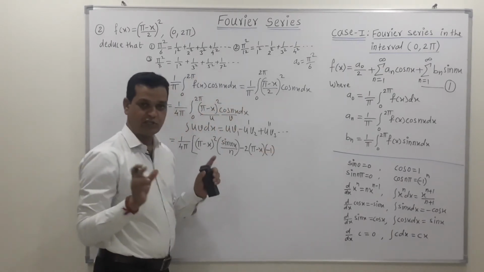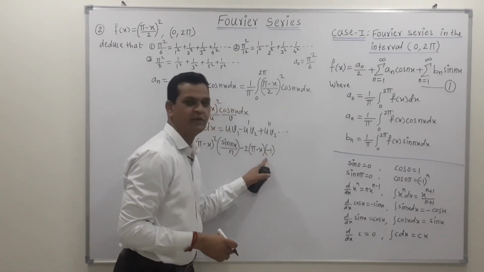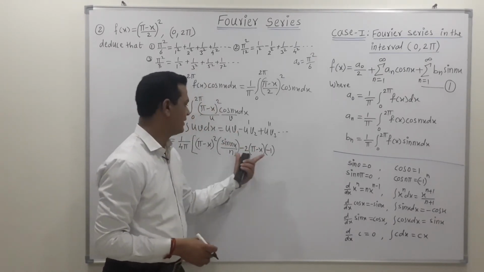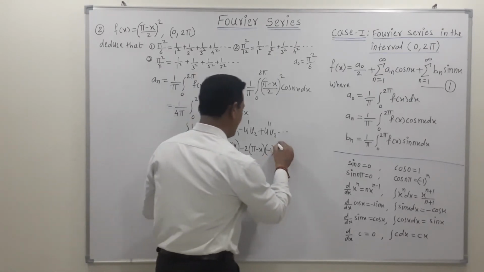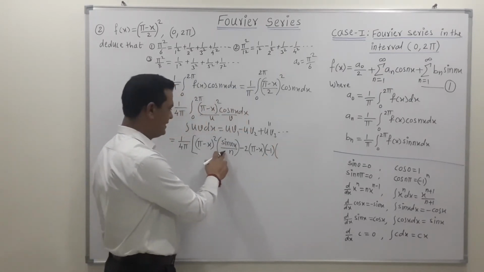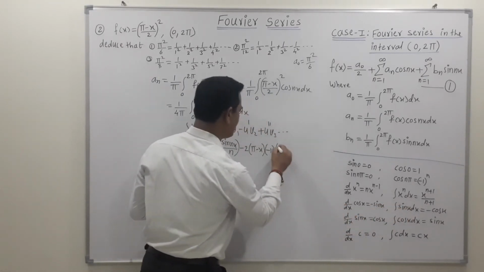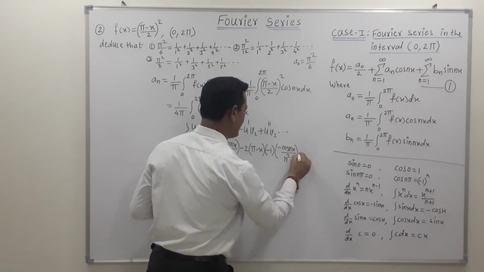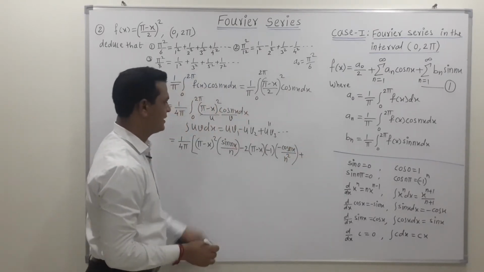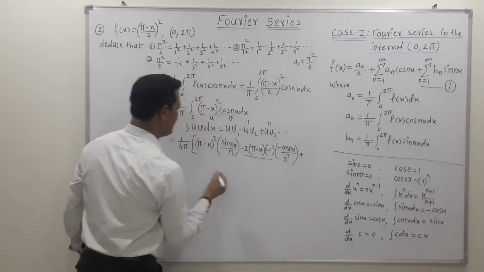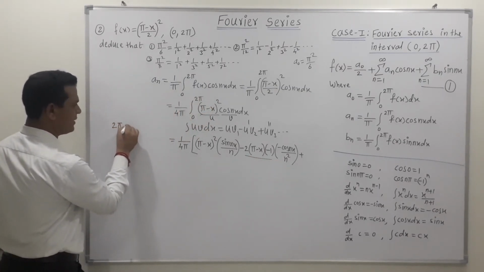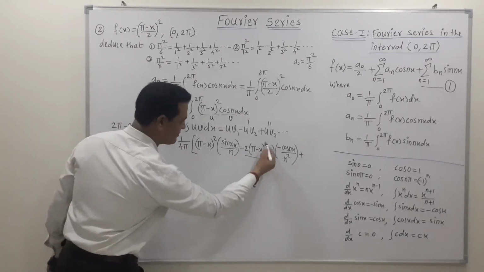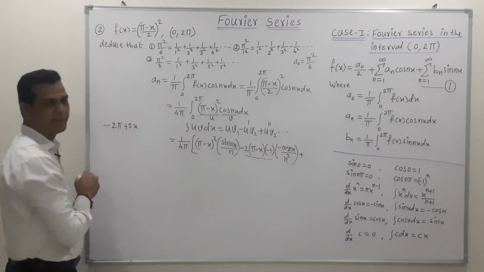My request to all of you is don't combine this sign, to avoid confusion. This sign is because of the formula, so to avoid mistakes, better write this term down separately. Then the integration of sine is minus, so we get minus cos of nx upon n into n square. The next term is plus, and the derivative of this term is 2 pi minus 2x, and after multiplying this by minus, this becomes minus and this becomes plus.